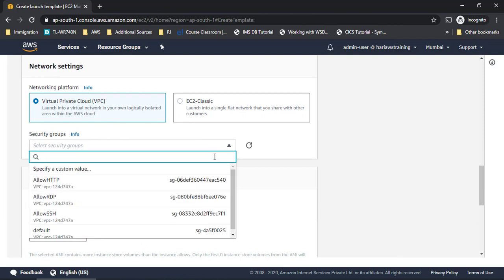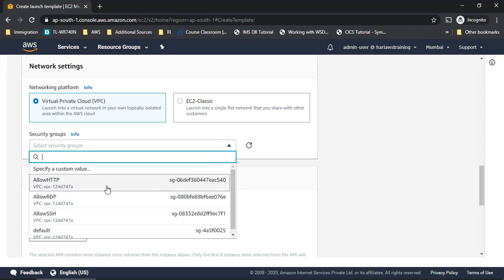And security groups, we have discussed security groups. These act as a firewall between the user and the server. We have seen that different types of protocols are required to access different machines. If I want to access a web server, I have to go with the HTTP protocol, and 80 is the port number. Similarly, I have to go with SSH if I want to access a Linux or Unix machine through PuTTY, and the port number would be 22 and the protocol would be SSH.